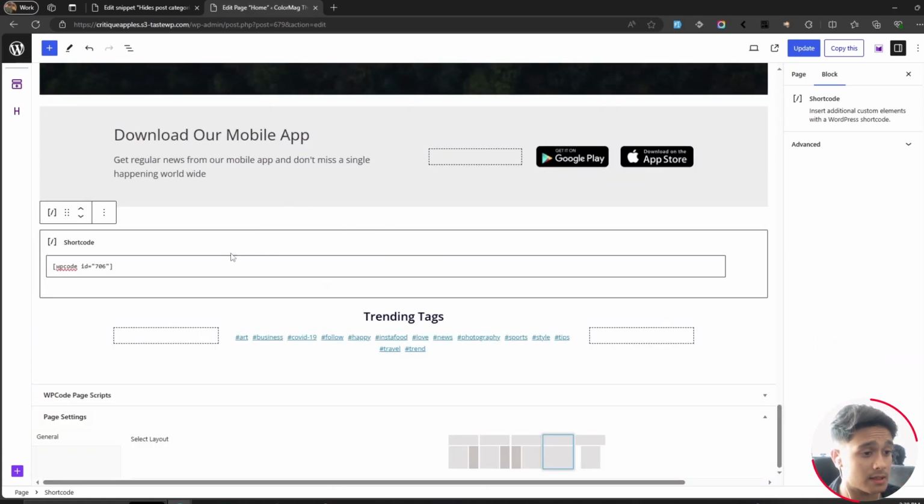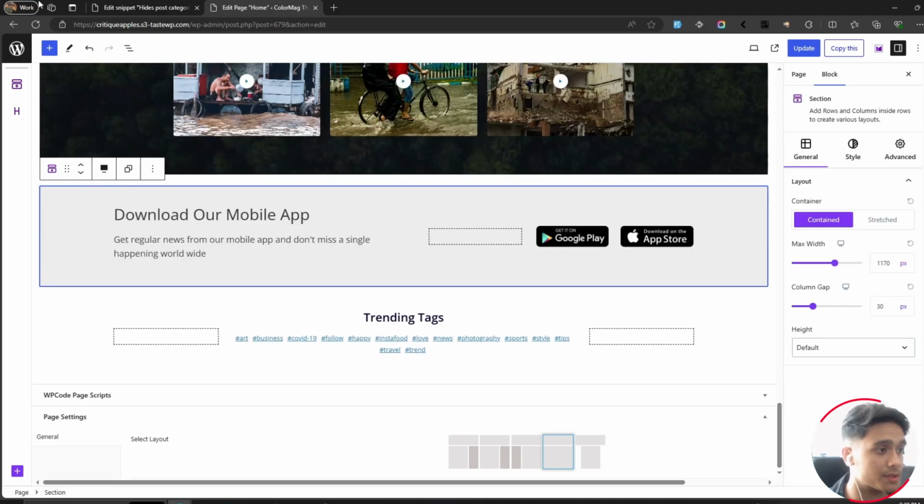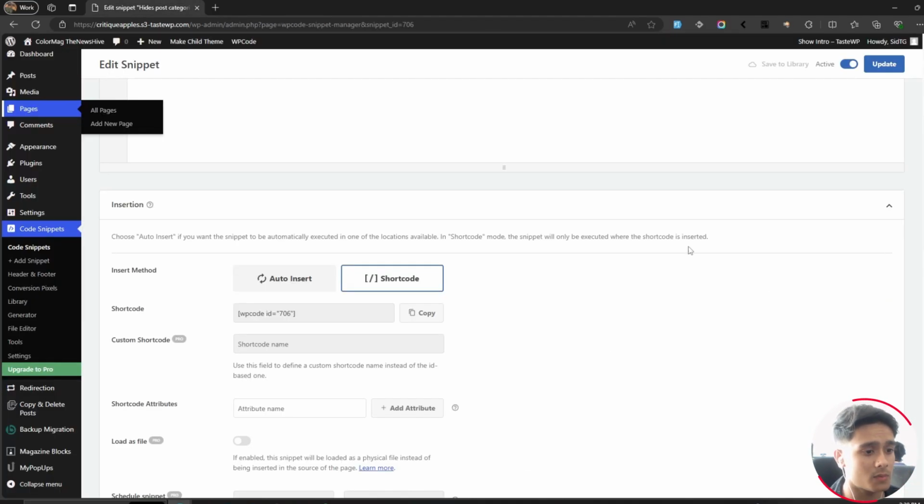Now I'll say this method is not exactly recommended because you're adding more blocks into your page and sometimes that may cause errors, but you can do this. You can turn your snippets into shortcodes and make sure the shortcode only executes on whatever page you put the shortcode block into. Or there's another way, if you're using the free version of this plugin,